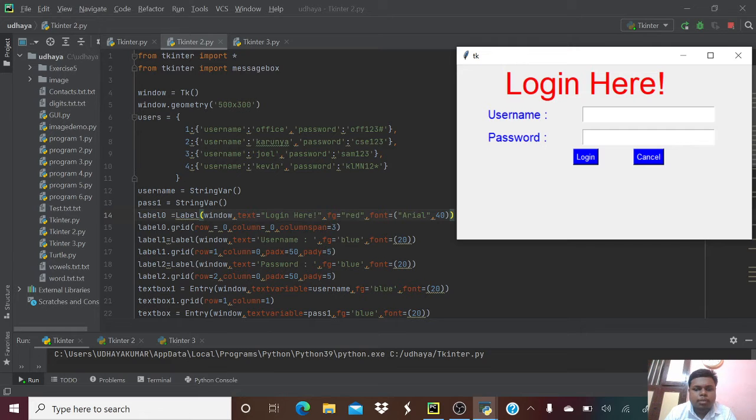In text box 1, we are using a text variable as username, and using a color as blue and 20. In text box 1 we are using a grid function to set the box in the correct position.